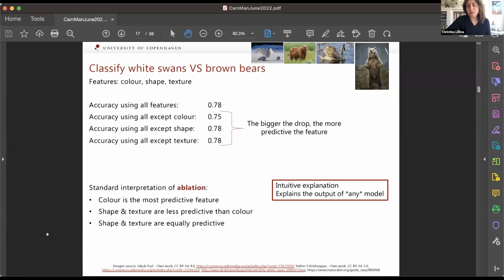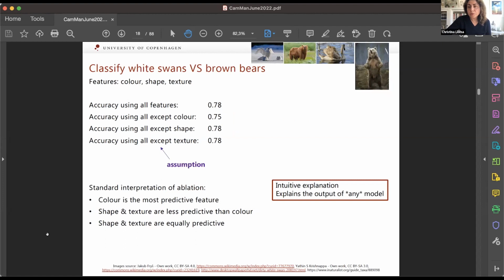And this is the strength of ablation, that it's common sense to humans. It gives intuitive explanations. And also it's one of those explainability methods that are post hoc and model agnostic. So they only need the input features and then the output, and they can work with any neural network or any other architecture, no matter how complex, no matter whether it's an ensemble or however the input data signal is transformed.